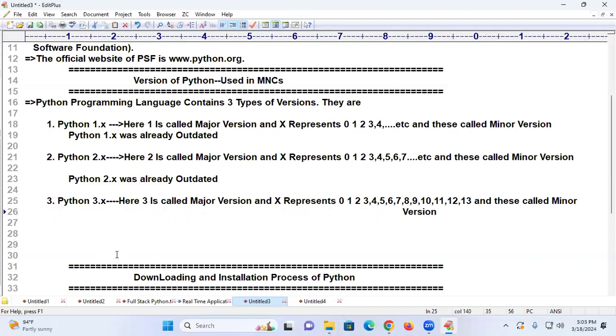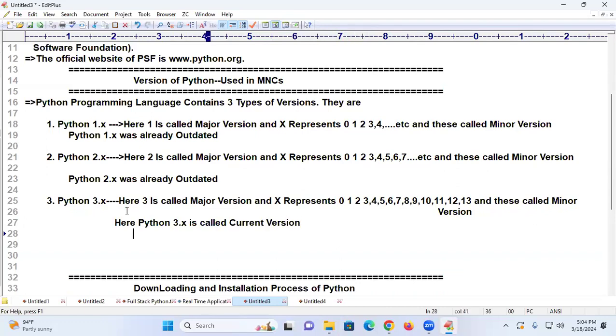And Python 3.x is called what? Current version we can call. It is called the current version.